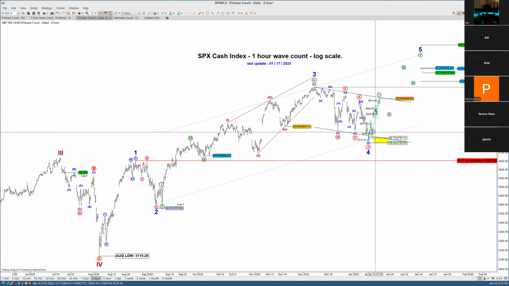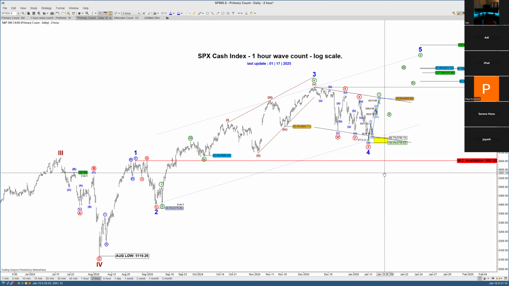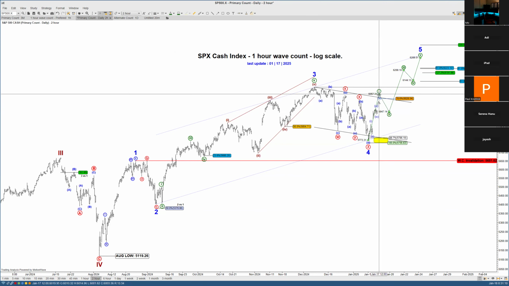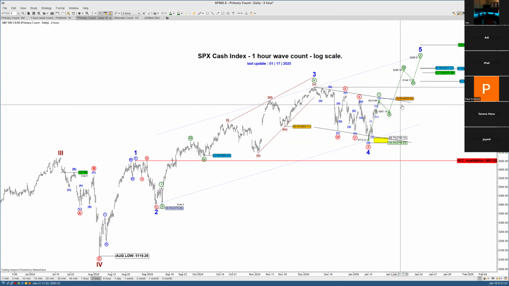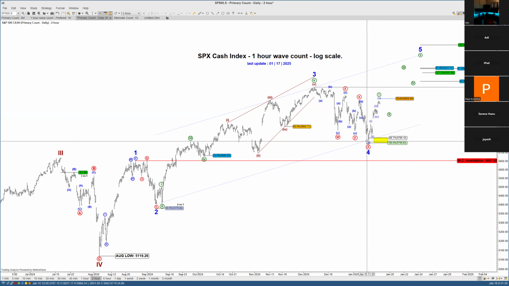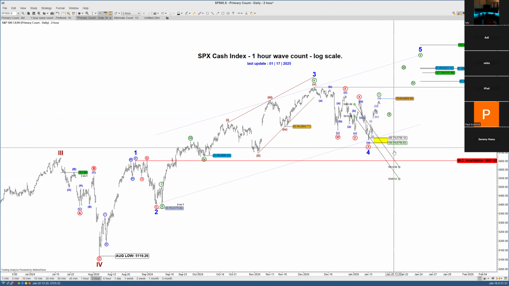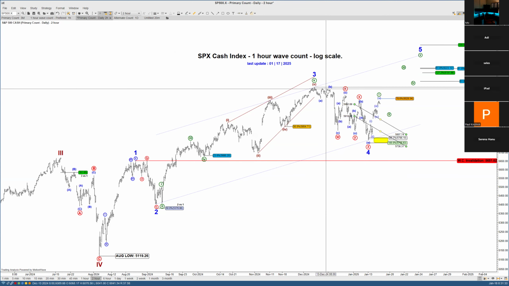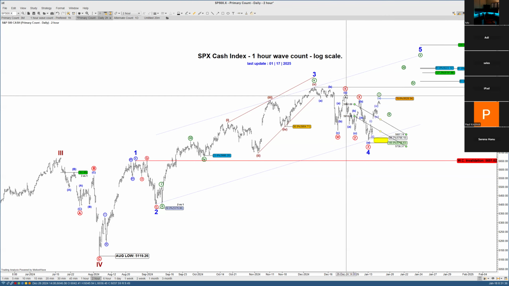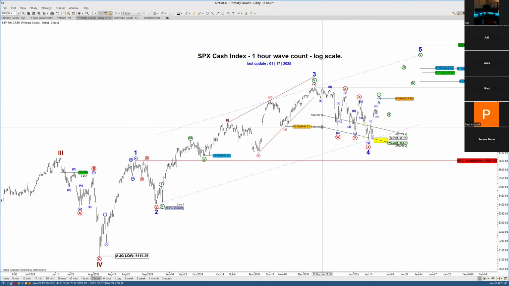So after having 5 waves up, let's turn this thing into a blue. It doesn't matter how you do it. The way I draw channels is like this. If you notice that there are a lot of lower highs here, what you do is take the low of this, you take this low